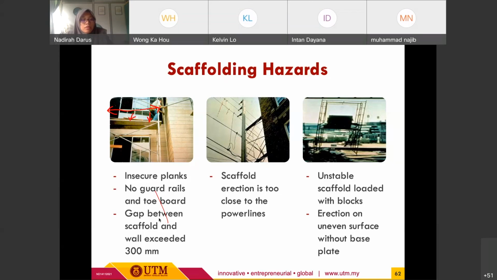And then the gap between scaffold and wall exceeded 300 mm. Maksudnya it can be a hazard for the scaffold, ni accident atau failure. Sepatutnya dia lagi dekat sini. Okay. And then for the second figure, kalau kita tengok scaffold ni dia punya erection is too close to the